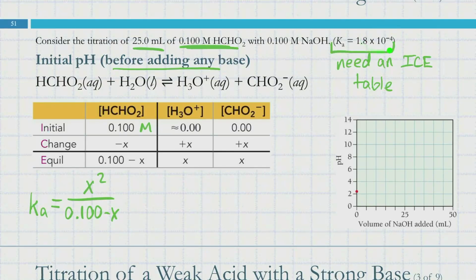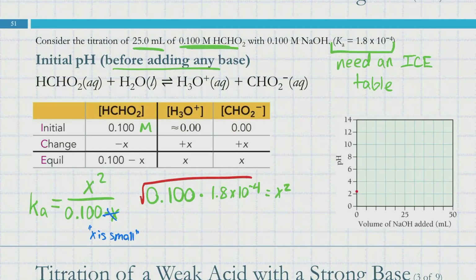Our Ka value is 10 to the minus 4, so we're probably good to use, we're at least close for, our x is small approximation. So 0.100 times our Ka value equals x squared. To get rid of the squared, square root both sides. So x is equal to